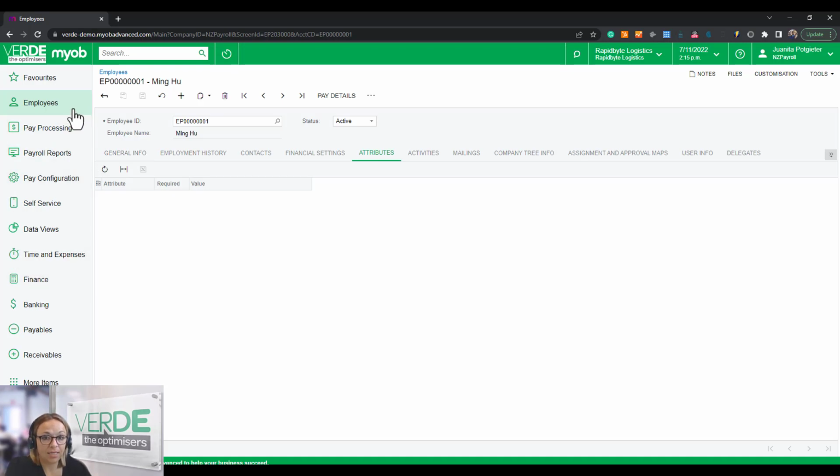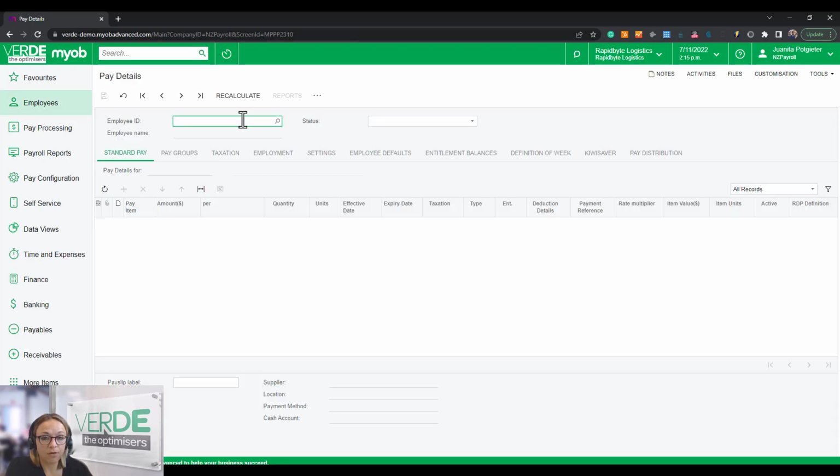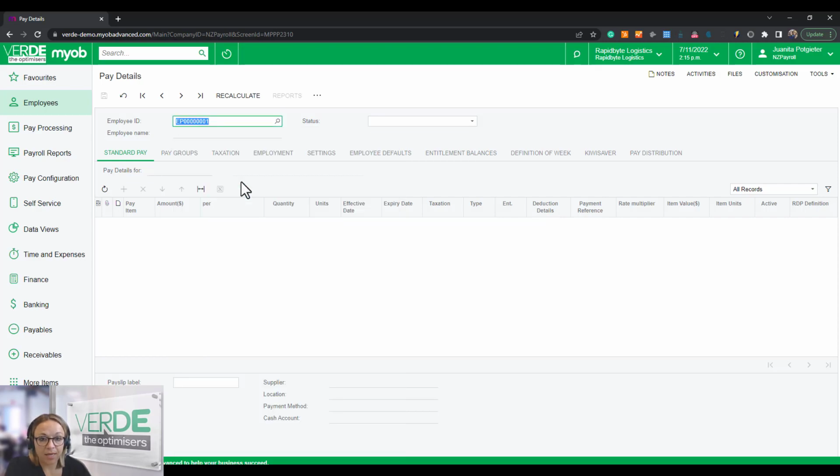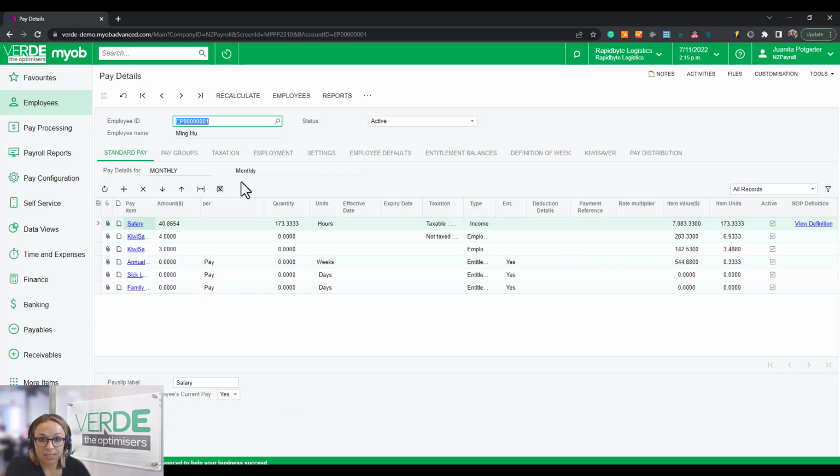On the Pay Details screen, we can see all the information that makes up an employee's pay. Now, this is country specific. Standard pay is what is automatically generated on a periodic basis, in this case monthly. Current pay is what ends up